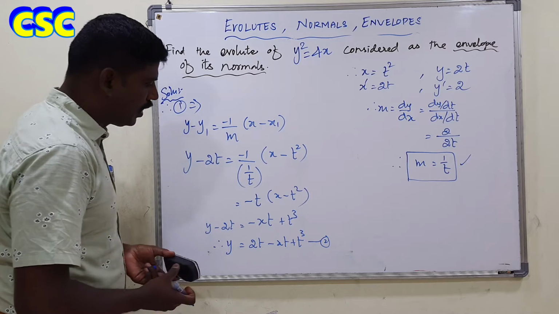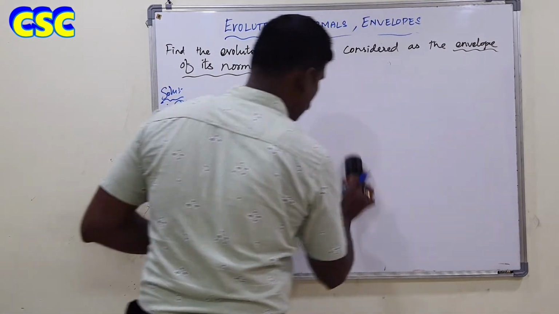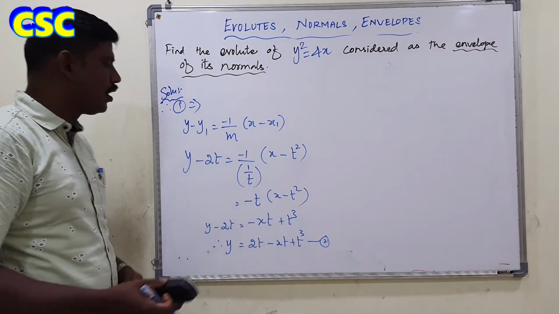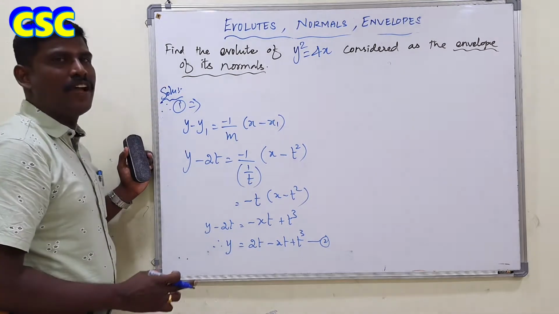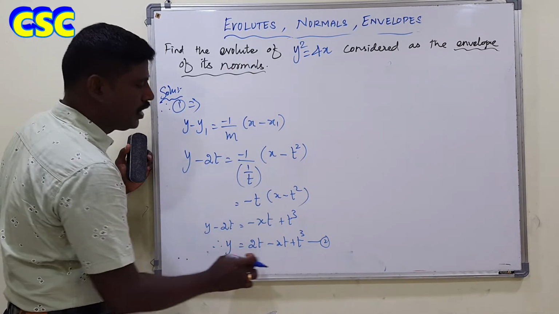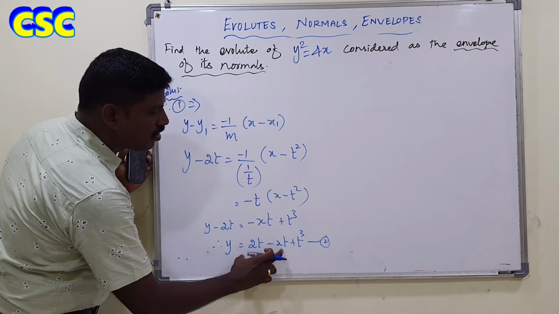What can you say about that? No need to rewrite it. So we keep it the same. So I call it equation number 2. Look at that, this one is the equation of a family of straight lines. Here it is the equation of the family of normals. Here the straight line is indicated through normals. So we call it the equation of normals.